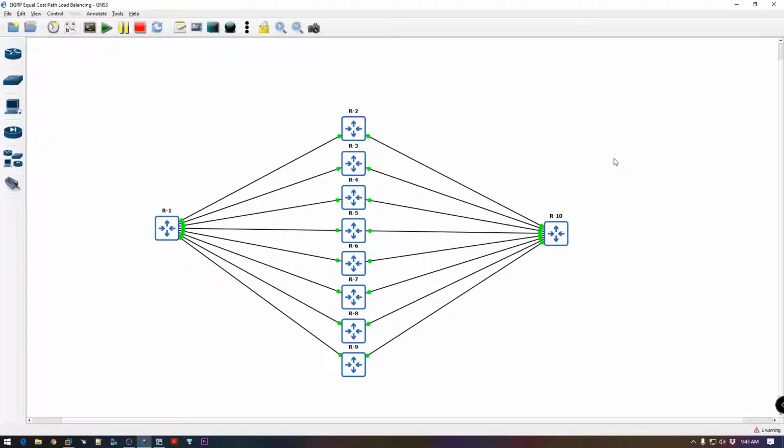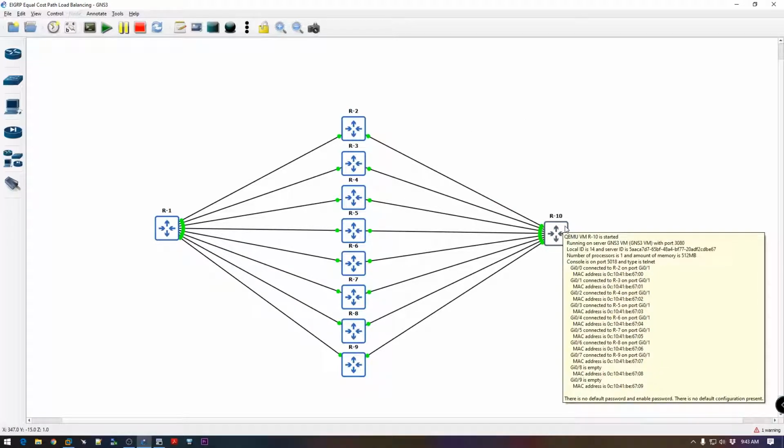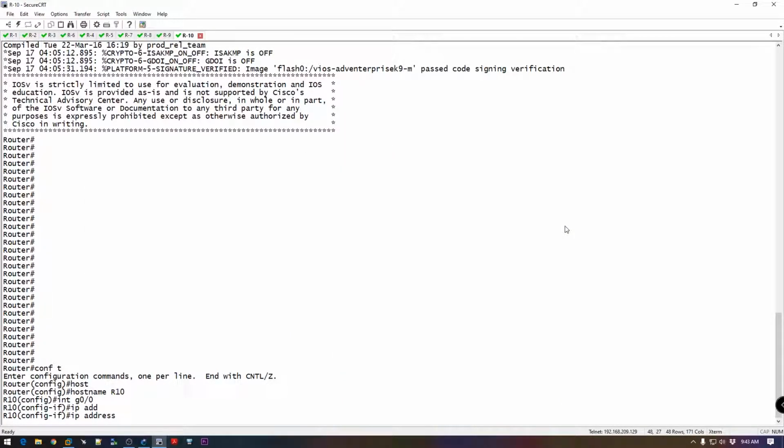The thing here is I'll be using a different IP addressing scheme, because if I use 10 along with 2, sometimes I will not be able to give a proper IP addressing. So I'll be using the name of the routers in the middle first, and then I'll be using 10 at the end for R10. So the first router is R2, so my IP addressing will be 21.21.21.10